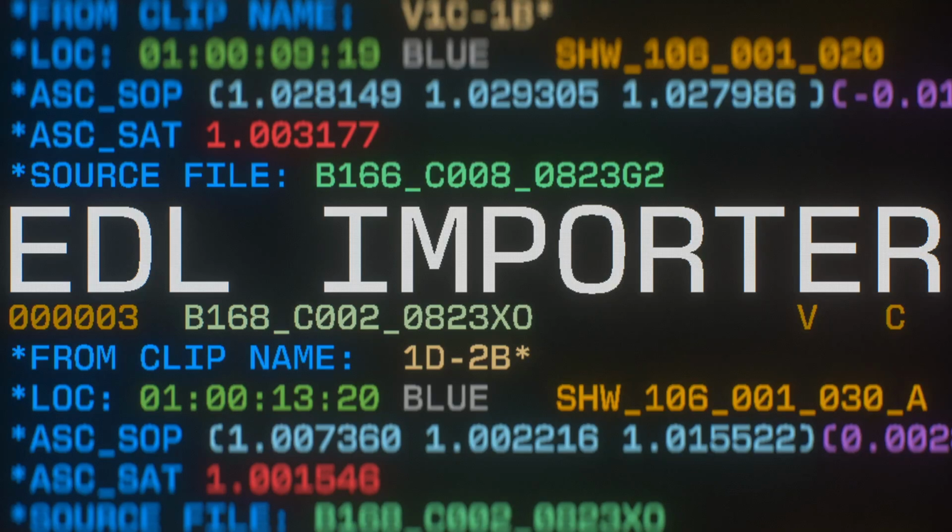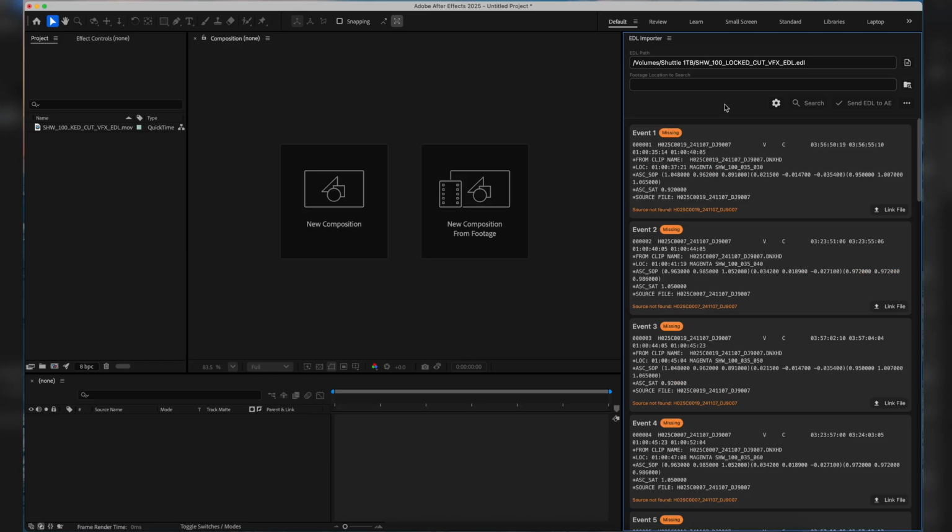Here's a quick look at the new features of EDL Importer. Our core functionality hasn't changed at all, but we've added some additional EDL-related actions you might be interested in. Oftentimes, when we get a VFX turnover, we'll get a single reference QuickTime and EDL along with it. So most of these new features are for working with something like that instead of the raw source footage like